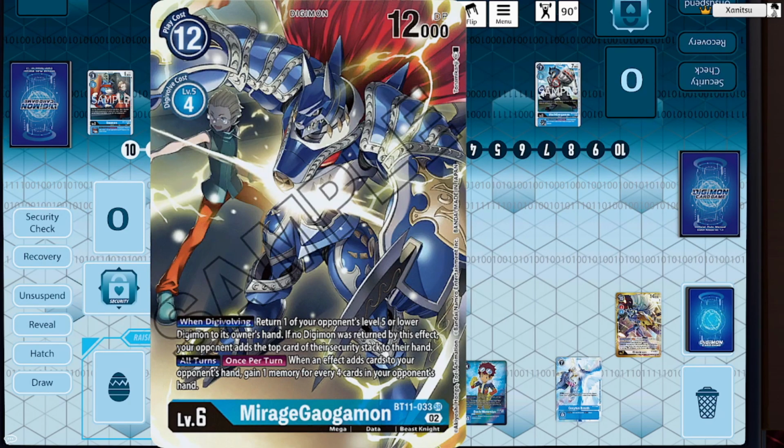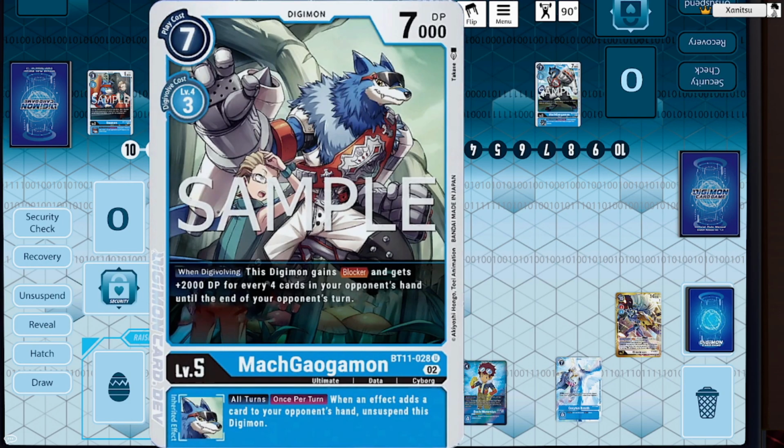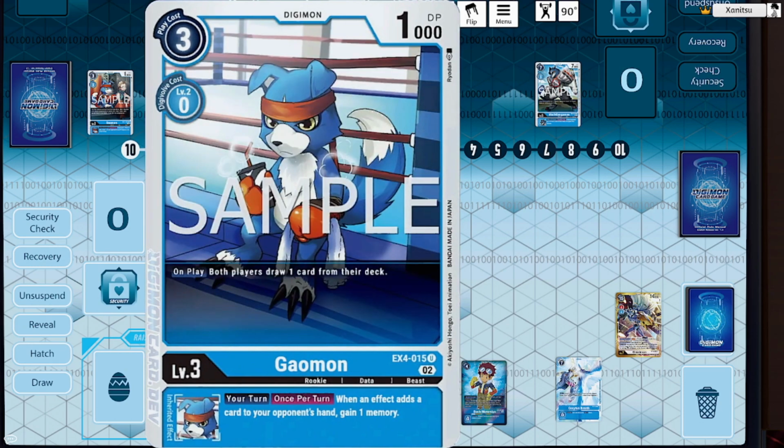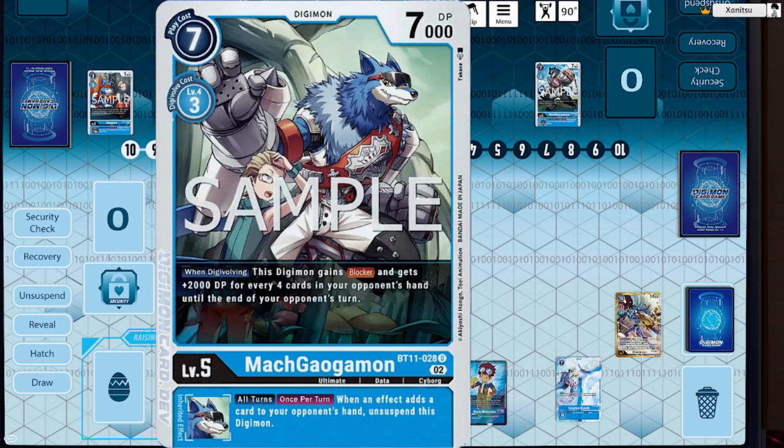But MirageGaogamon, the fact that he's always going to be able to add a card back into the opponent's hand unless they don't have any security at all, is still very, very powerful because he's always going to be triggering the inheritables off of all of our Gao-based level 3 through level 5s, so that way we could be as effective with our cards as we possibly can, because when we add that card, we're going to be gaining memory off of the level 3 and level 4, and then we're also going to be able to unsuspend with our level 5,